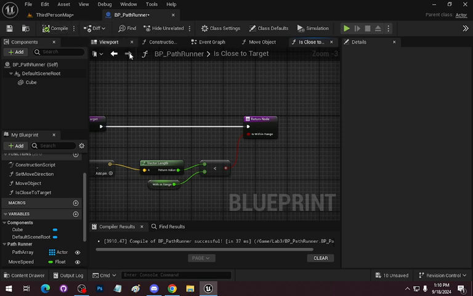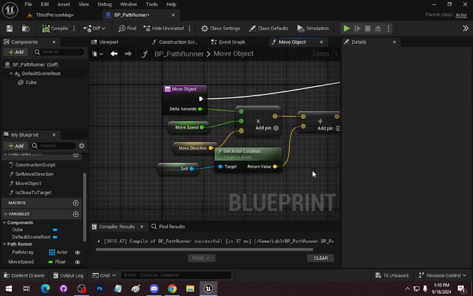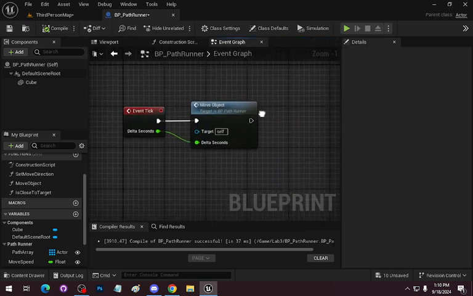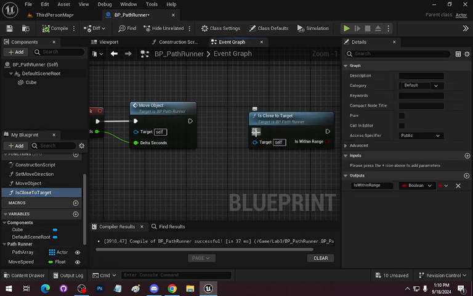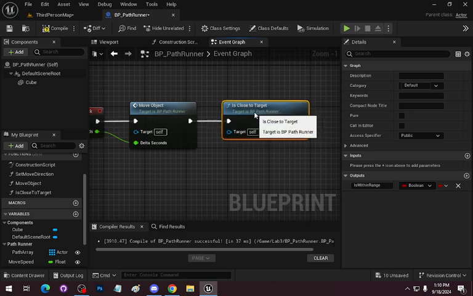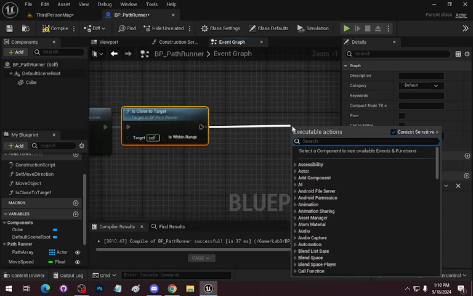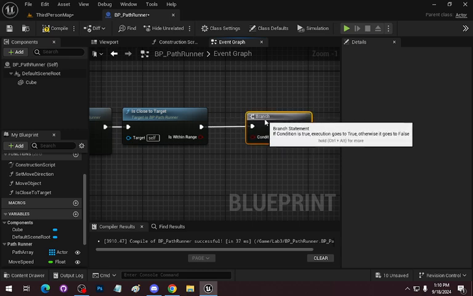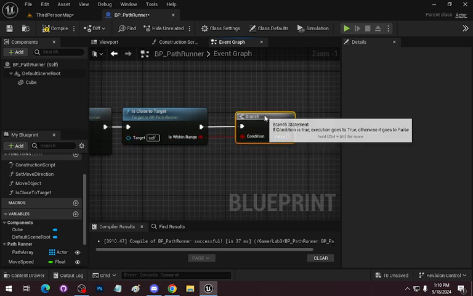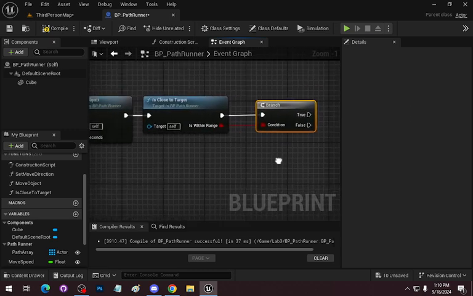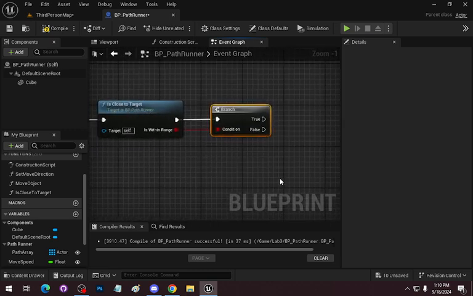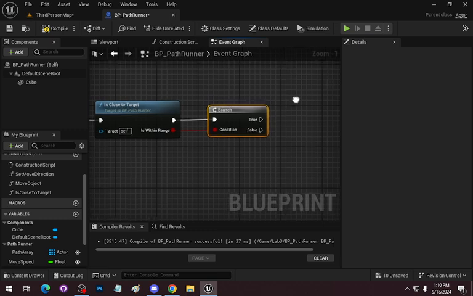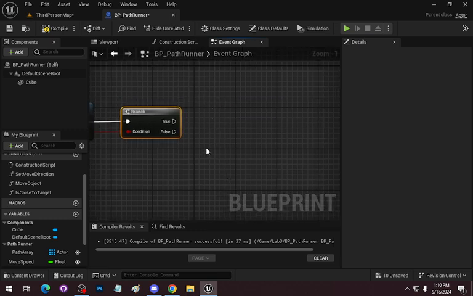Why am I doing it this way? It's so that in my event graph, next thing is I can ask is close to target, and here I would actually do my if statement. So here's the condition. And basically, if it's not within range, then I don't need to do anything. Off to the races I go. But if it is, what I need to do is